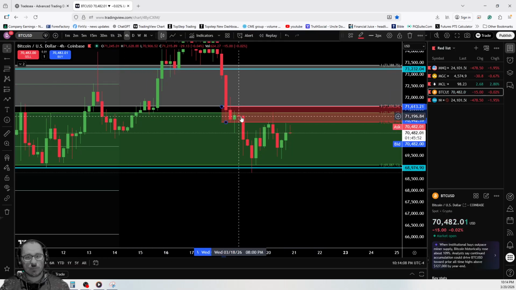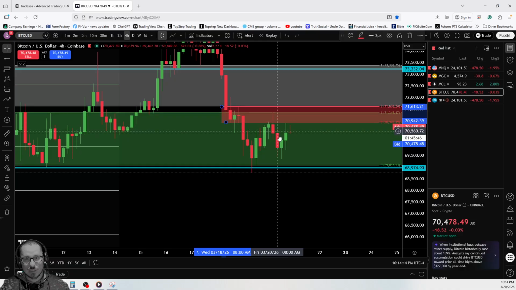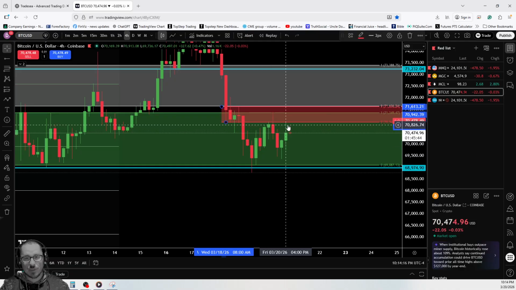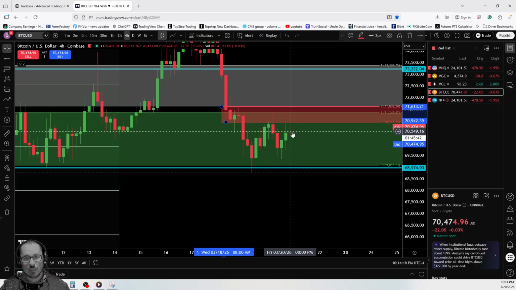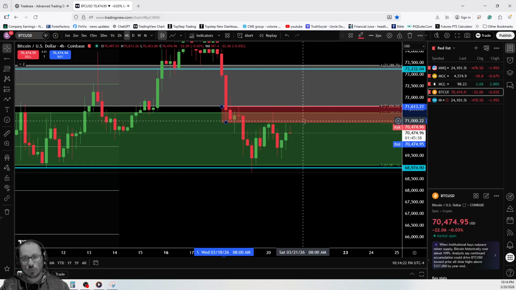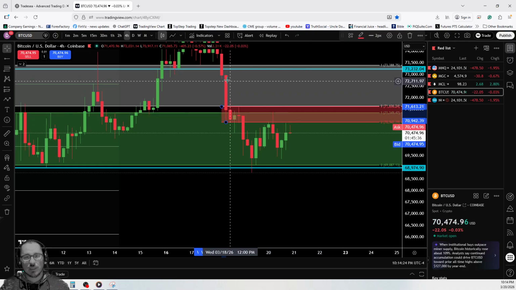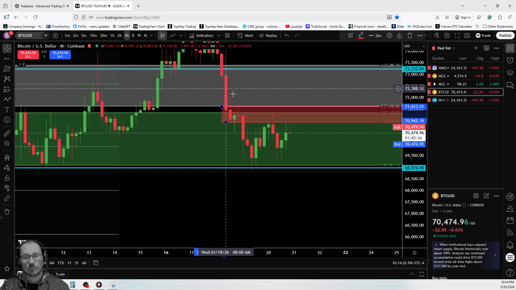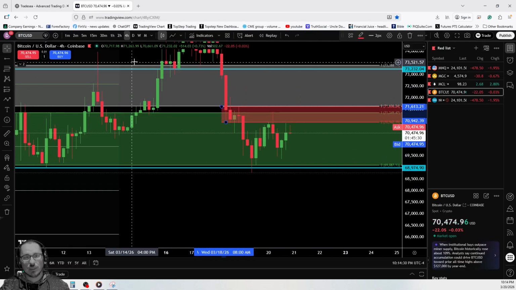So we have a spinning top supply. We tapped the supply zone, and we've rejected, and now we're going up one more time, but we're rejecting one more time from a supply zone. So it's supply zone after supply zone until what? Until it breaks, retests, and continues to the upside. But if this is telling you selling pressure,